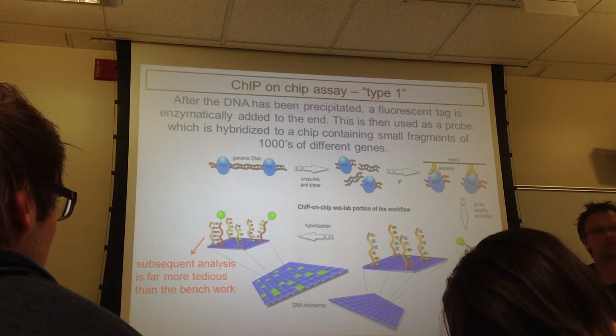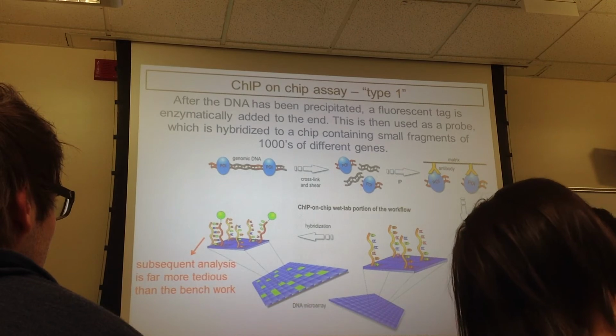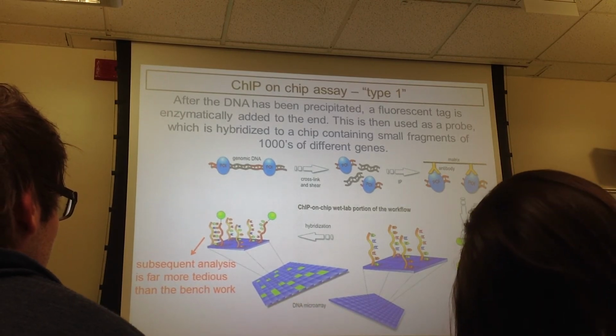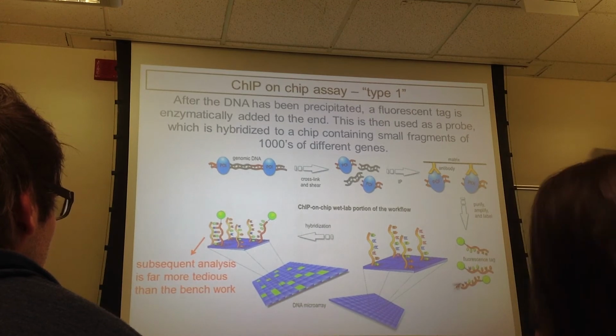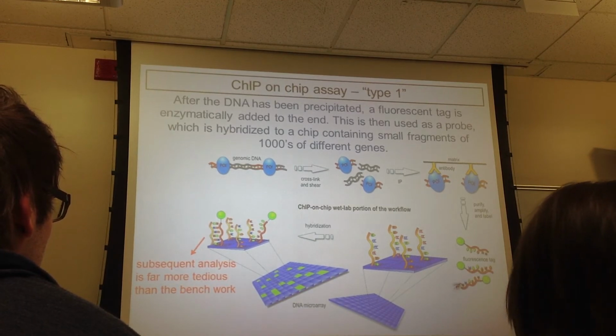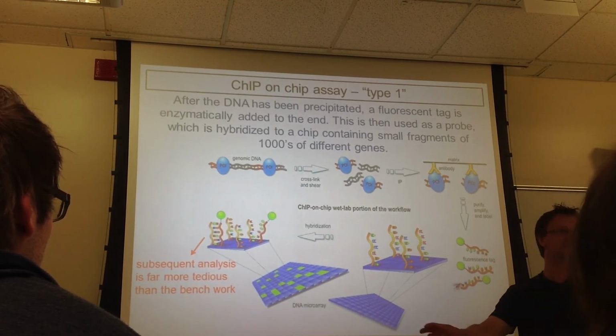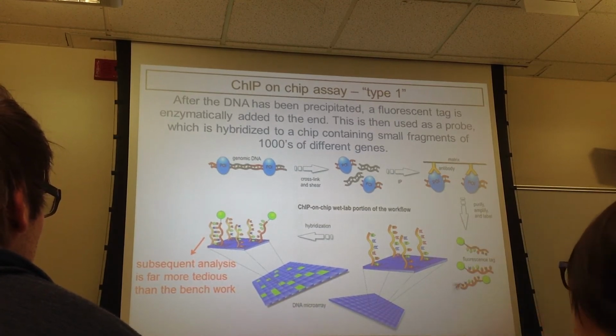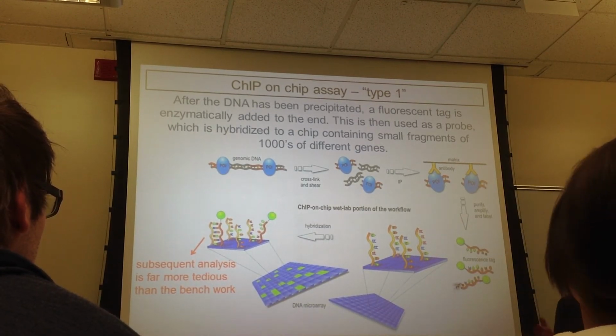So are those chips made to order with those sequences on them, or is it just full of common ones? It's just basically, they don't custom make them for you. Although they're getting more and more specialized, you could probably buy them from certain animals, or in certain tissues, perhaps, or even different developmental stages and stuff like that. And they don't have everything on there, right? I mean, especially if you're thinking about